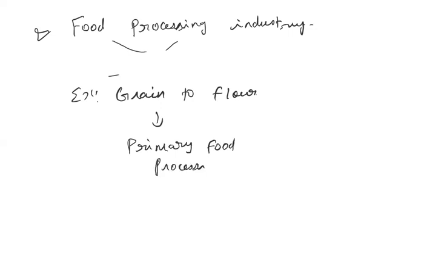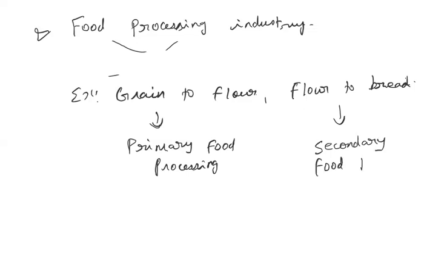This is just an example I'm giving you. Also there are different varieties. Why I'm explaining is, in this itself there are different types of industries. For that I'm explaining. So grain to flour, that is a primary food processing, and flour to bread. You are getting the grain from the agricultural sector, and that is converted into flour, that is primary food processing. And then again that is converted into, if you're making bread in a commercial way, then it is a secondary, in a bakery and all, secondary food processing industry.